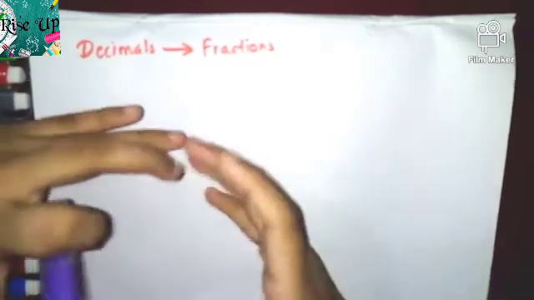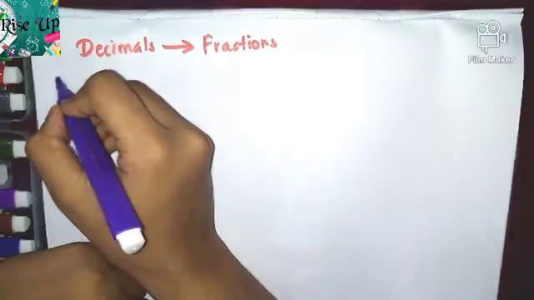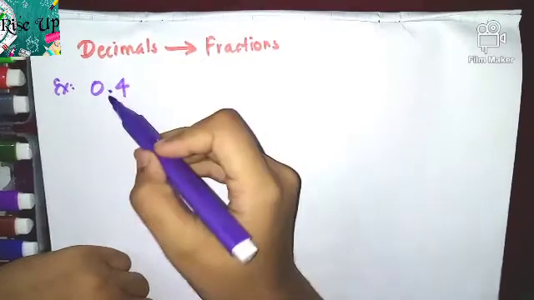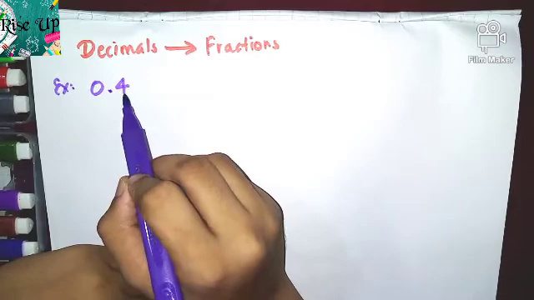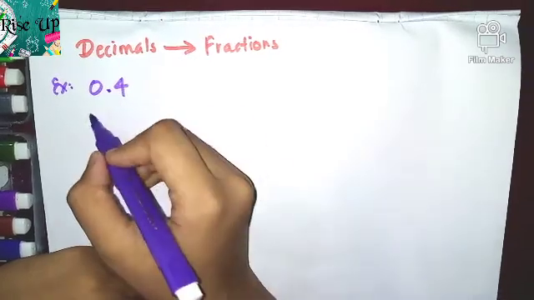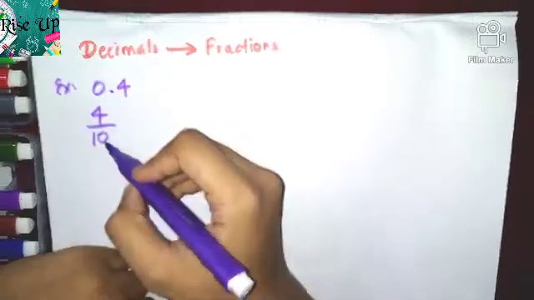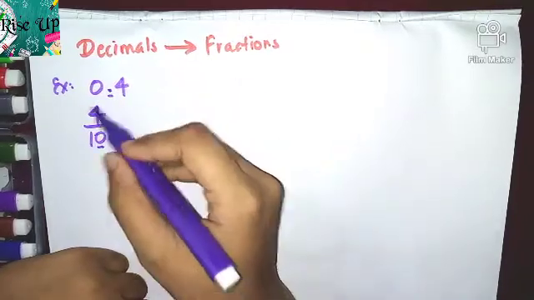So when you are given a decimal to be converted to a fraction, what do you have to do? For example, I'll take the decimal number 0.4. So 0.4 is a decimal, and if you need to convert this into a fraction, what do you have to do? First of all, you have to see how many decimal places there are. Only one. That means only one number after the decimal point. So it is only one decimal place. So since it is one decimal place, you have to write it as a fraction over 10. 4 upon 10. Because 10 is 1 0, one decimal place. So it's 4 upon 10. So this is a fraction.